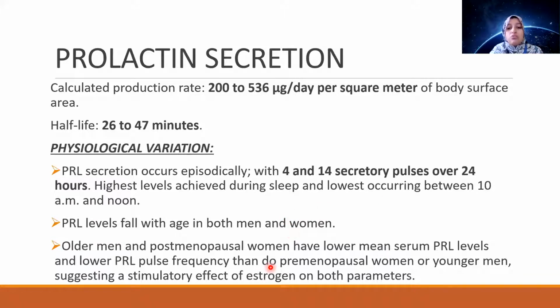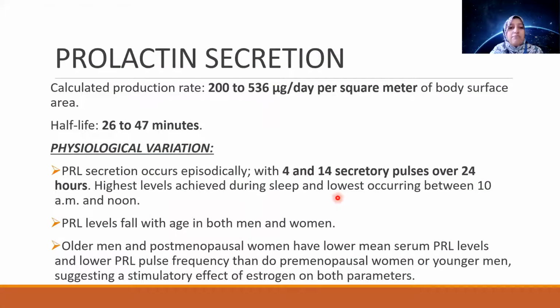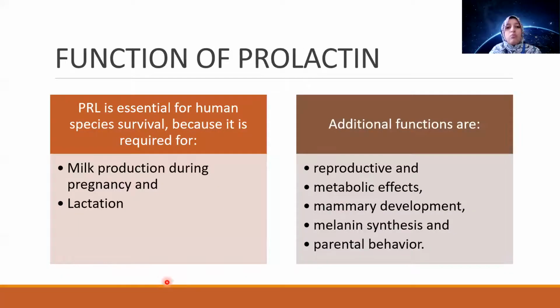So you see the estrogen balance that I explained earlier, how it stimulates the prolactin release. This is again important in pregnancy, when a lot of estrogen is produced and that stimulates prolactin release from the pituitary. Now, what is the function of prolactin? Prolactin is essential for human species survival because it is required for milk production during pregnancy and the whole process